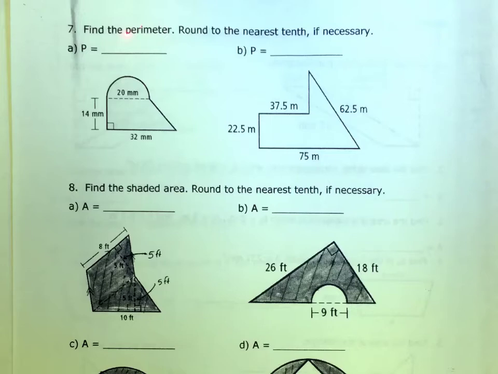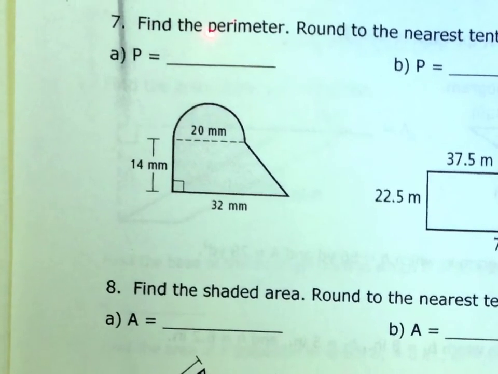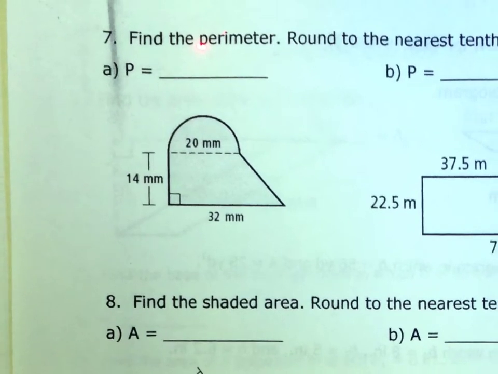Problem number 7. We're looking for the perimeter. Let me just make this a little bigger. So first of all, the perimeter is the length around this figure. Okay, that's the perimeter. So to get the perimeter, which in this case is the circumference, I need to get